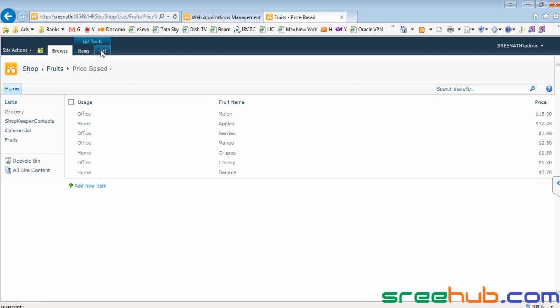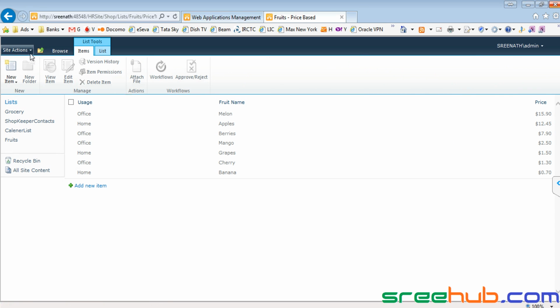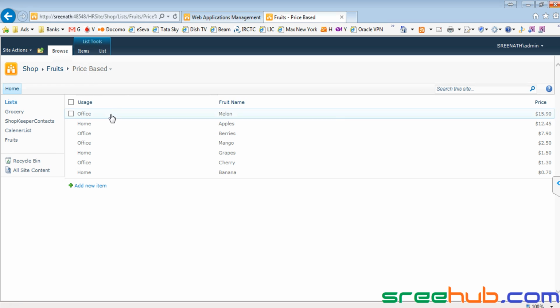So do you have any doubts in this, like how to manage views and how we have seen this? So when we went to something called price base, it will save my state again. Even if you close your application and open it again, the view will be saved as it is, because this is something which is being saved in database.